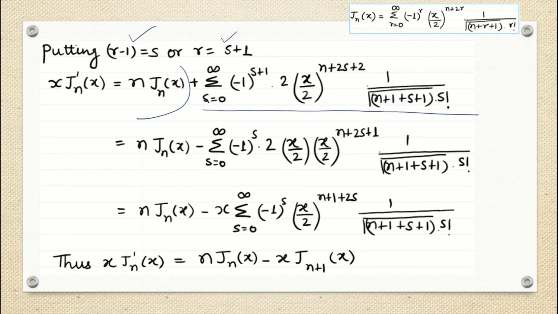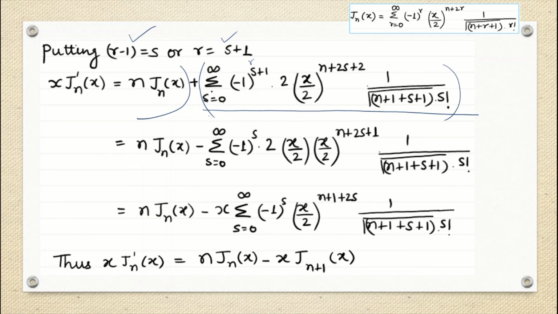You can write any variable name. If you are writing r, which is the usual way, r equals 0, and putting everything in terms of r, that is also okay. And if you are writing with respect to s, that is also okay, right? Because just changing the name r, s, p, q doesn't matter. What matters is the form. Here also this form is exactly correct because it starts with 0 and everything else is as per the rule of my Bessel function only.